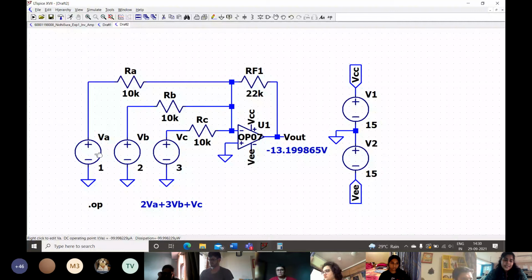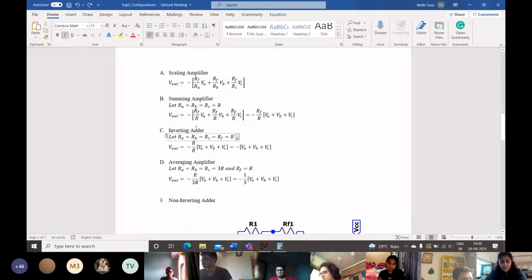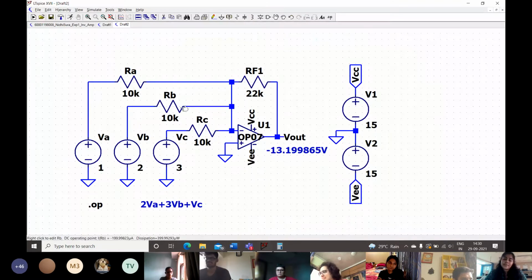For getting a gain of 2 over here, I'm just going to go back to the Word document. If we want VA to have a gain of 2, the RF by R ratio should be 2. Or you can cascade multiple resistors to get an accurate value in the equation, but for now I'm just going to use 2.2K.